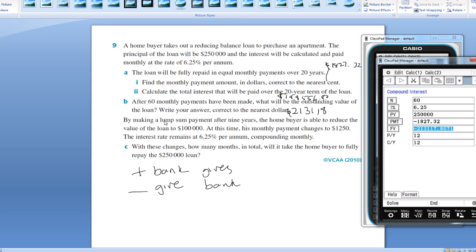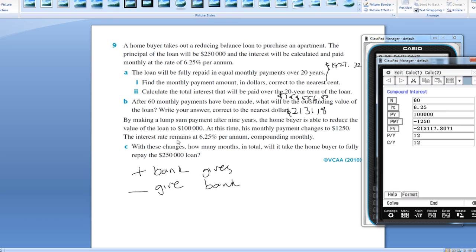Alright, so by making a lump sum payment after 9 years, the home buyer is able to reduce the value of the loan to $100,000. So that's the value, or the present value of the loan, $100,000. Now, at this time his monthly payment changes to that, so let's get rid of that, making sure that we still keep the negative sign out the front, 1250. The interest rate remains at 6.25% per annum,